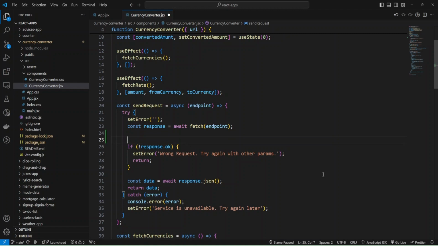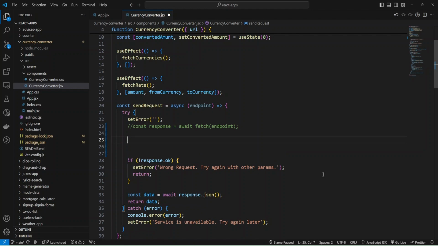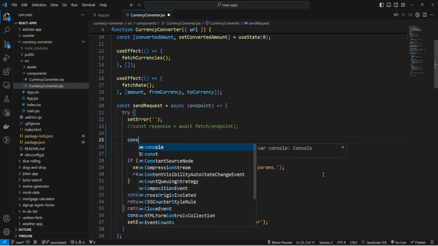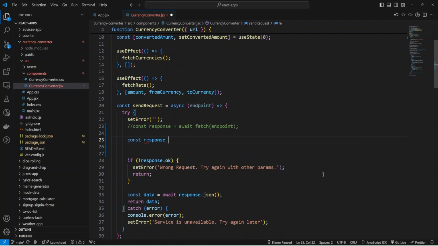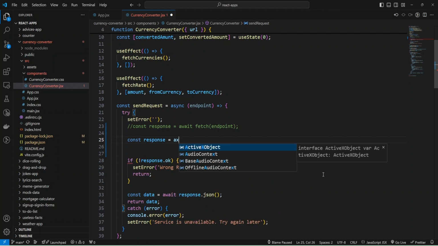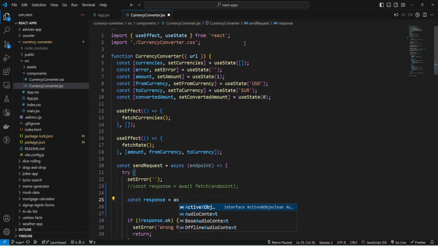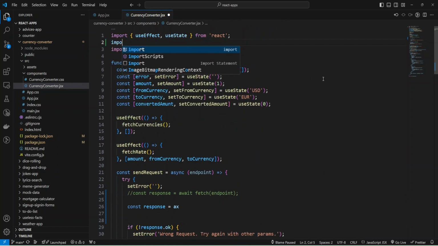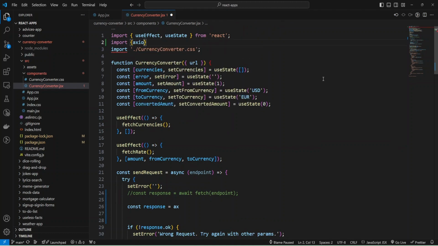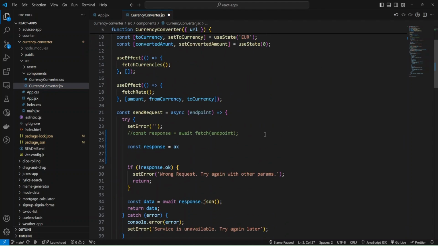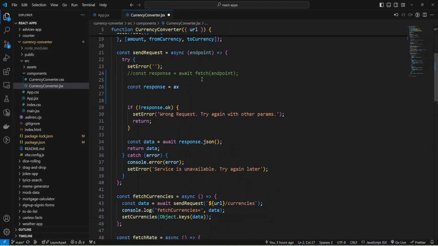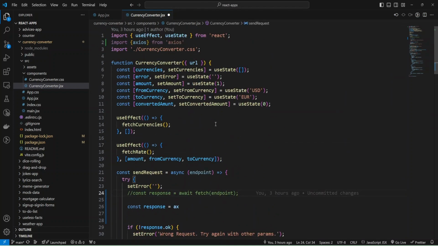I can comment out this line and add new const response, and it will be equal to Axios, and I need to import Axios, import Axios from my installed package axios, and as you can see, Fetch is available without any import.